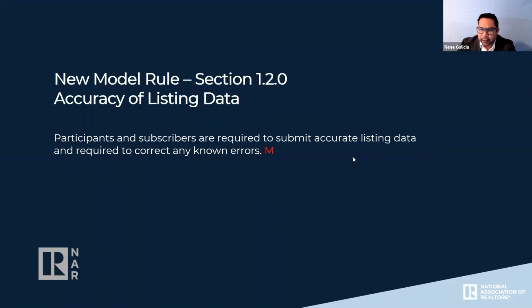Great, thank you for that, Charlie. And Rodney, if I can back up for a minute, and just to further explain, we're covering this in 2 sections, right? Updated or new model MLS rules and updated or new MLS policies. Can you touch on the distinction between the two and how those are incorporated by MLSs locally, in particular the ones that are marked mandatory with the red M here on the screen? Yeah, definitely. Thanks, Renee.